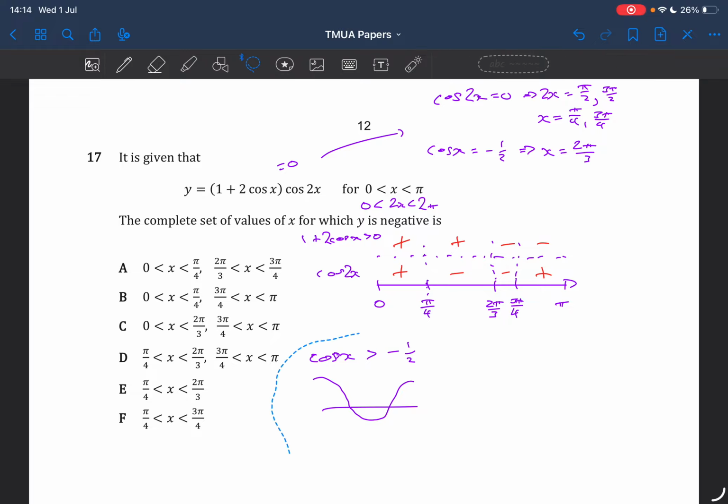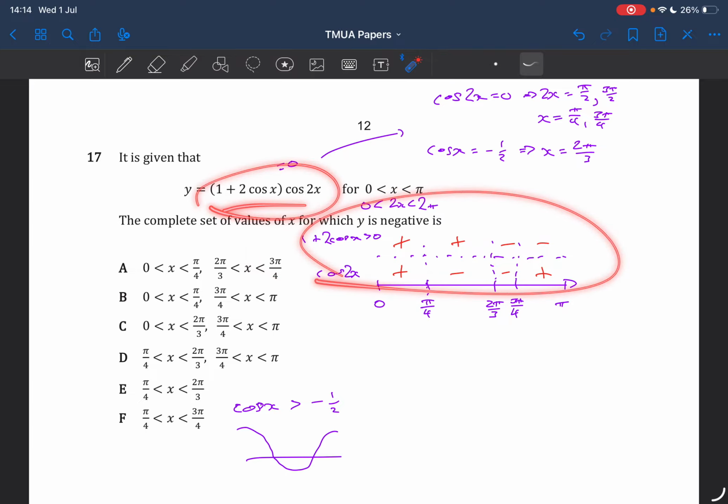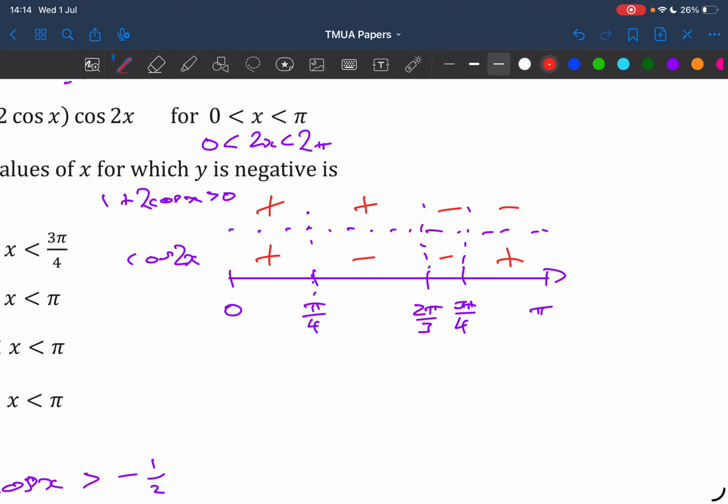So if we think about that, when are we negative together? When we multiply these, it's when one is negative and one is positive. So they need to be different signs. So there will be positive, negative, positive, negative. So our full answer should be that we need to be between pi on 4 and 2 pi on 3,